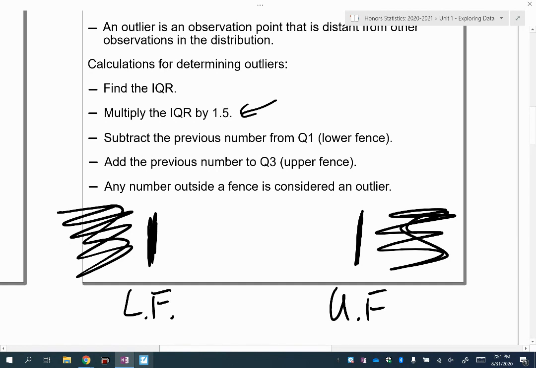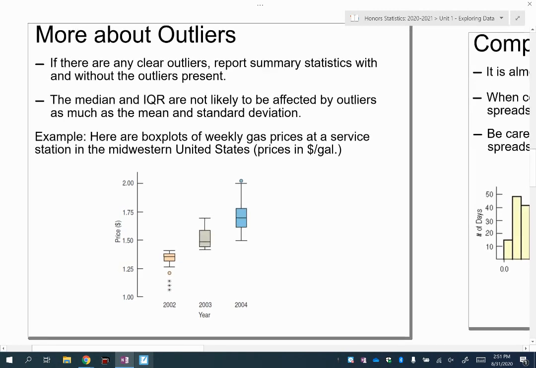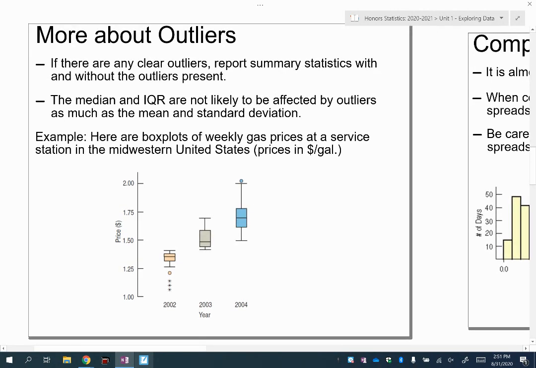Okay, so we'll go into more detail in our class, but ultimately that's the work you have to do to determine if you have any outliers in either direction. Okay, so here's an example of some box plots with outliers. As I said, if you have just the dots that are past the whiskers, those are outliers, and then those asterisks are the